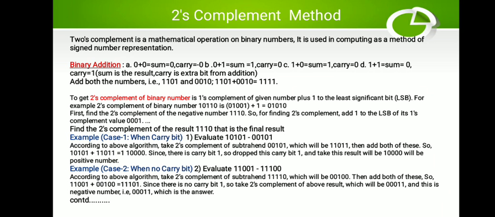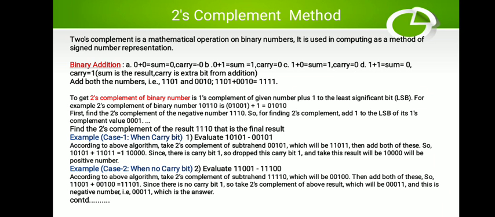So what is our second number here? The first number is 1, 1, 0, 0, 1, which is equivalent to decimal 25, and this 1, 1, 1, 0, 0, the second number, is decimal 28. Okay, so find the 2's complement of 1, 1, 1, 0, 0. First you will find the 1's complement, that will be 0, 0, 0, 1, 1, right? Then add 1 to the LSB to find the 2's complement.